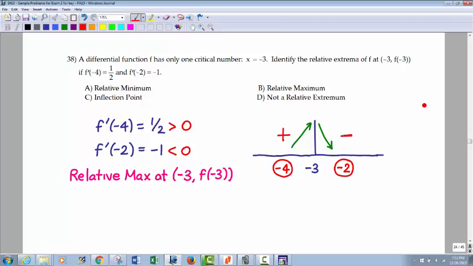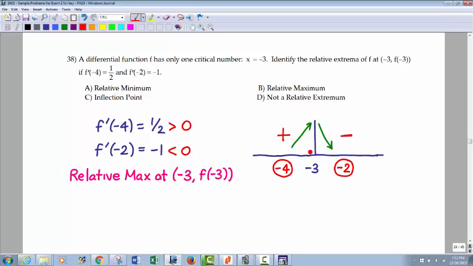What do we have here? Let's see. Critical number at -3. Identify the relative extrema if you know that the derivative of -4 is positive 1/2, and if you know the derivative of -2 is negative 1. Now, I didn't do our big fancy,